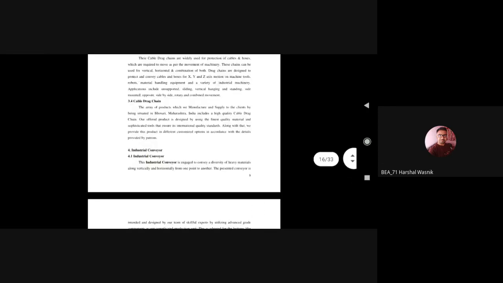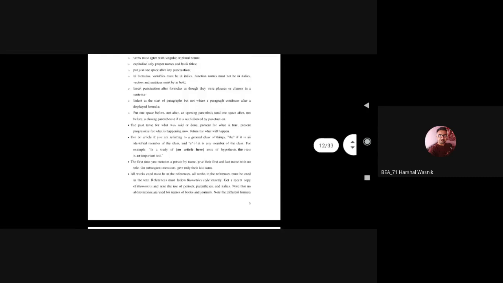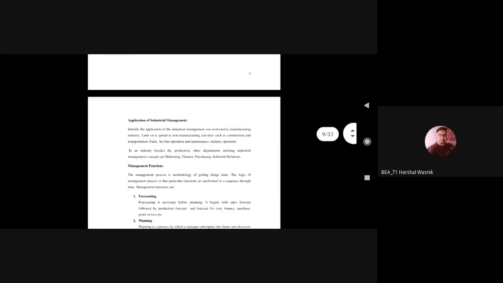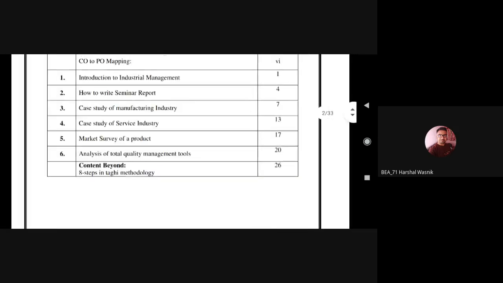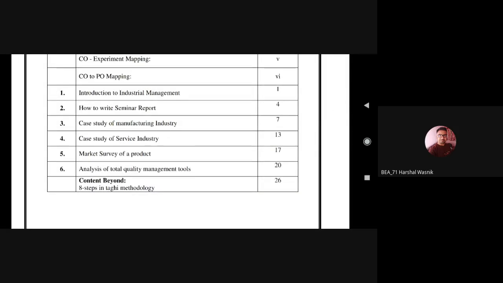At the end of this practical, we have to write a 6-page report, one page report for each practical. You have to write an introduction to industrial management, and what we have discussed in that project. I will share that manual also. I have already shared the guidelines. Start the write up, and I will provide one link for the submission of that practical report soon.